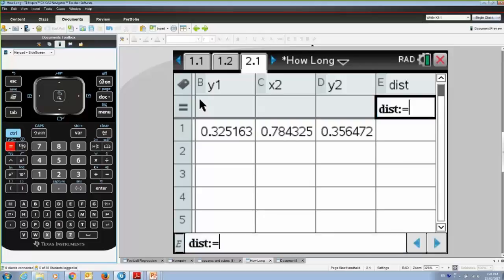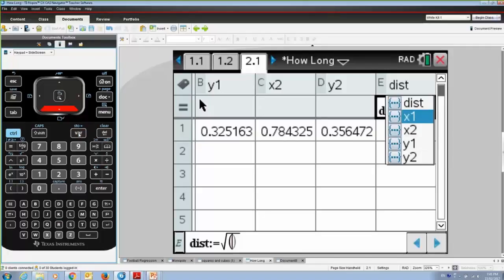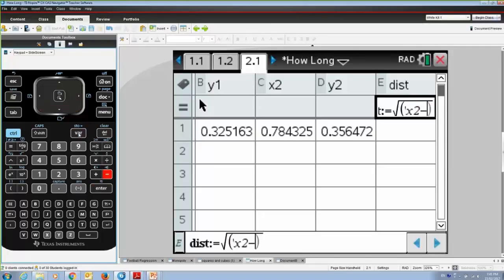You'll see what I mean. So our distance formula says the square root of, and another little tip for everyone, your variables can be captured from in here. So we'll do x2 minus x1